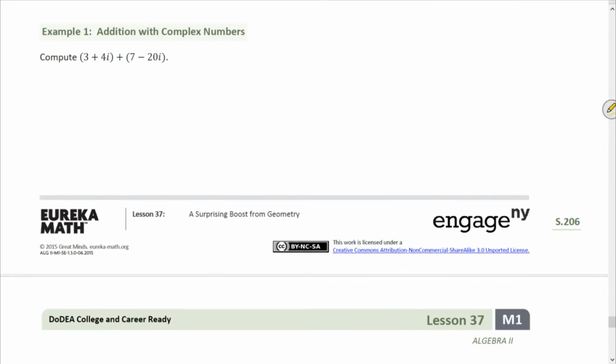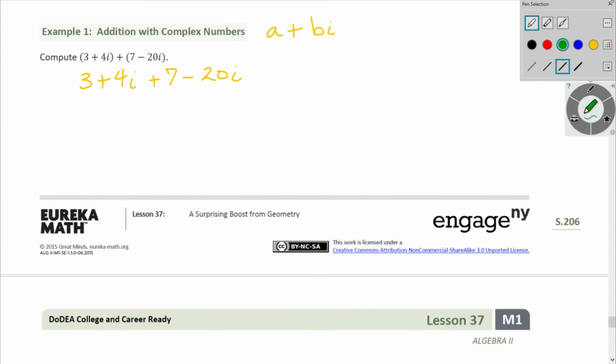All right, let's look at how to add, subtract, multiply, and divide complex numbers. So again, complex numbers are written in the form of a plus bi with a real number, in this case we're keeping it simple, so they're integers, plus another real number, i. Okay, so what you'll do is you'll add together, you think about i like a variable and you'll be fine. So you add together, well, first of all, you don't need the parentheses, so I'll just drop the parentheses, okay, and I will combine together the real parts, so 3 plus 7 is 10,